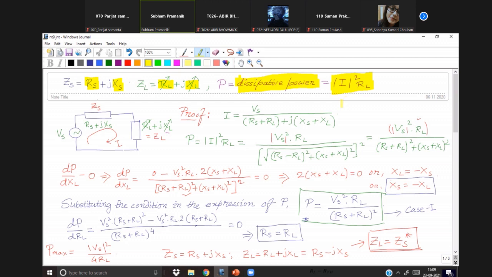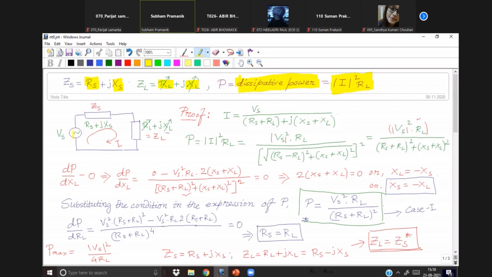Because there is a dissipation of power, we get it in the form of Joule heating. Also, inductors and capacitors, if they are exposed to current for a long time, will show Joule heating too. But that is due to the fact that they also have some impurities, and impurities are taken into account as some resistors. Impurities are present, and that is represented by some resistor. Anyway, let's come back to the proof part.